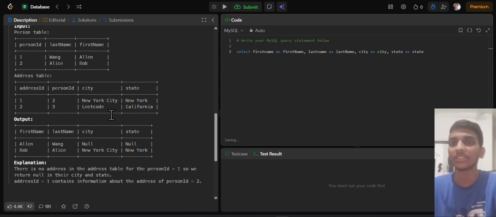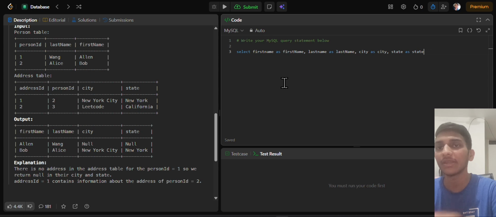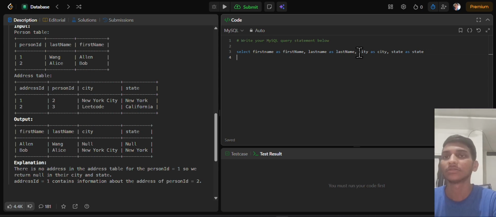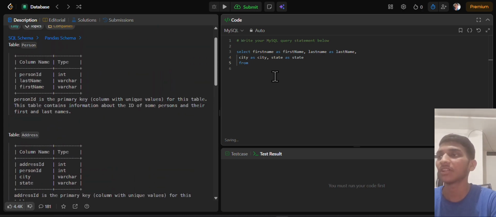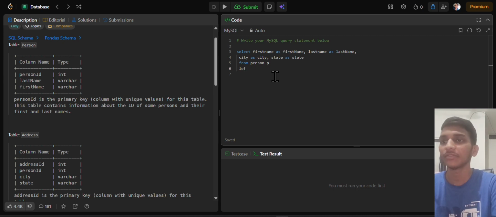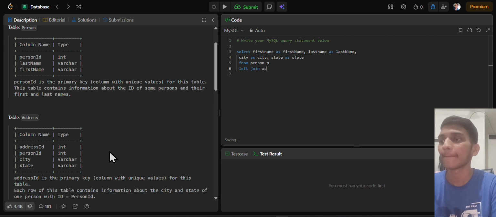Why we are writing this? Because we have to specify all these columns. That's why we have to take all these from which table. First table name is person, so we will take this from person and we will give alias it as p. Okay, and left join address